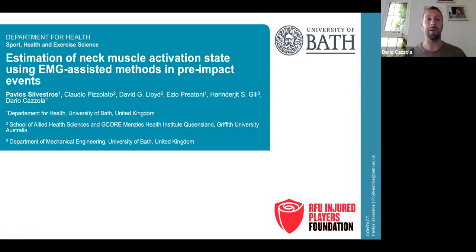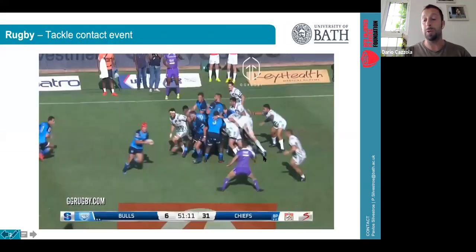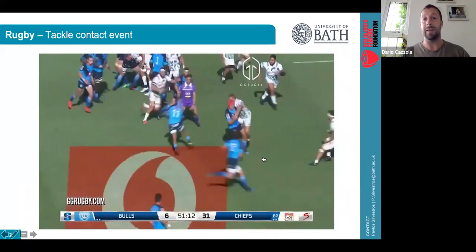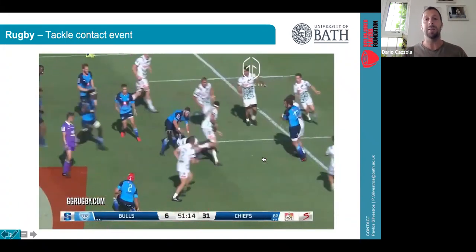Hi there, I'm Dario Cazzola from University of Bath, and today I'm presenting a new method that we developed to estimate the neck muscle activation during pre-impact events. To do so, we use rugby as a case study, given the contact nature of the sport, but also because